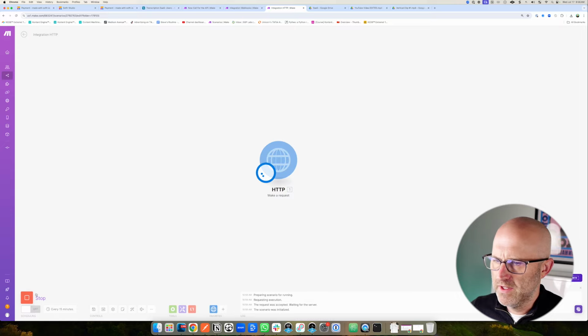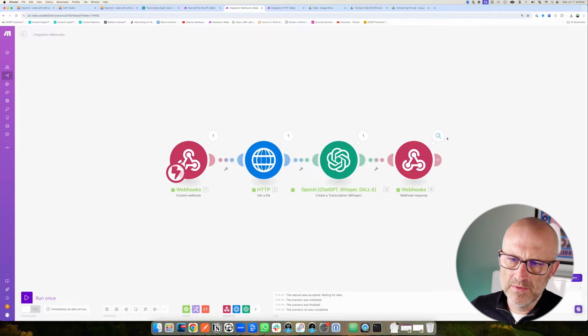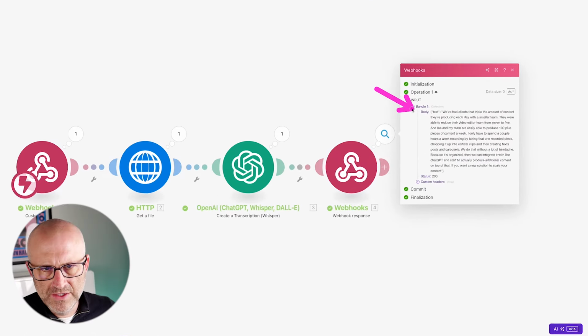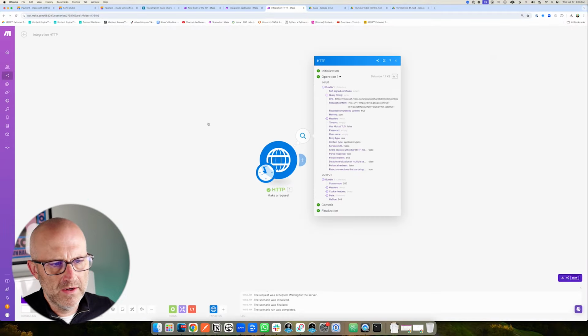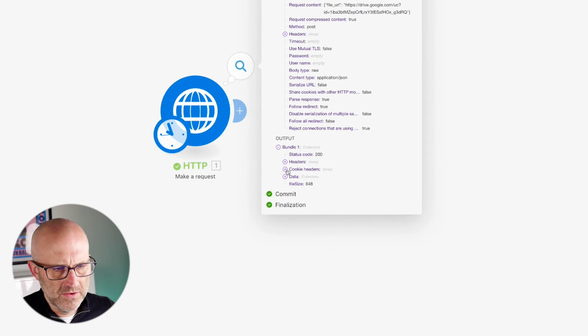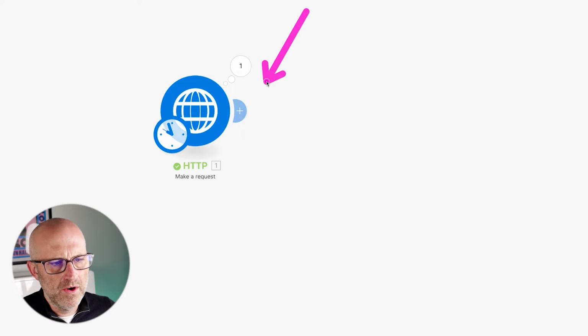And now I'm going to trigger this. It's now waiting for the response from our automation over here. It's doing the transcription. And now it did the webhook response. Let's take a look at that. So we have that JSON here with the text, status 200. So now if we come back here, we can see it responded. And we're going to see the status code is 200. And if we look at the data, we have that data here that we could then use in our own automation